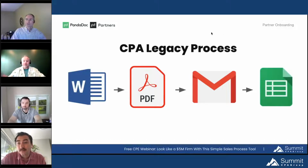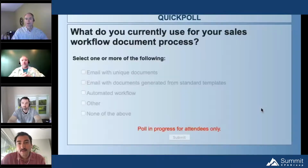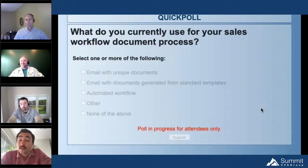Well, as you describe those, if you don't mind, why don't I launch the polling question and we can find out a little bit more about what our audience does in terms of these kinds of things. As you think of these processes, sort of what your firms do. Sorry, you can go ahead. Now they can see the poll that we're interested in what they're thinking. Perfect. Yeah, so